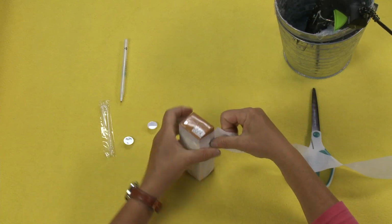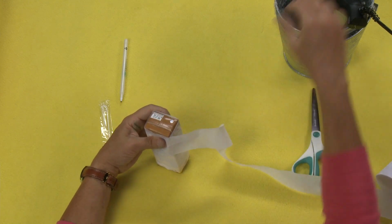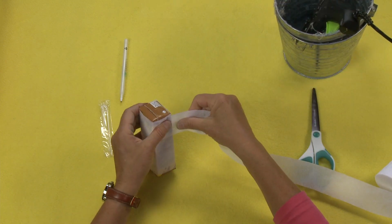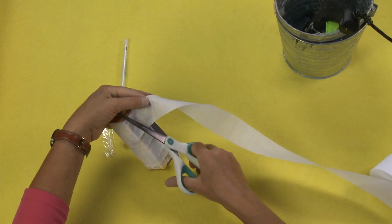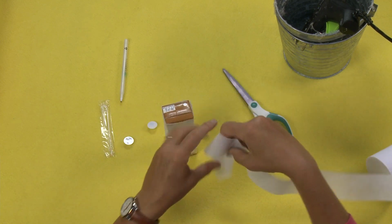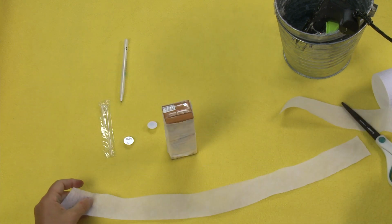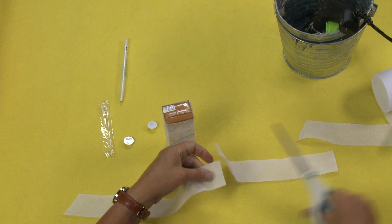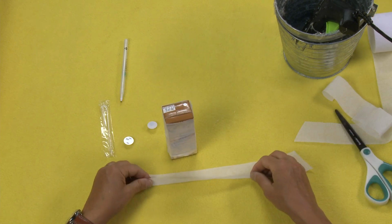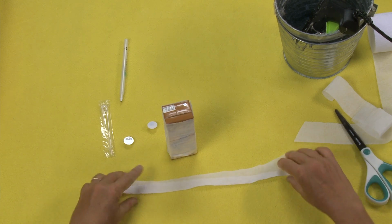Then when you get to the top, you're going to wrap it around. One more good time there. And then just cut right there. Now you're going to take another streamer. And this one doesn't need to be that long. About a foot. Fold this one on a diagonal from one edge to the next,